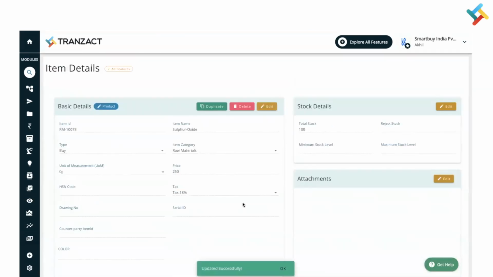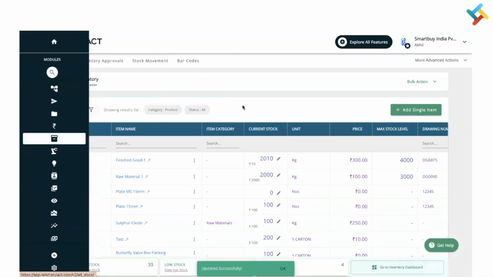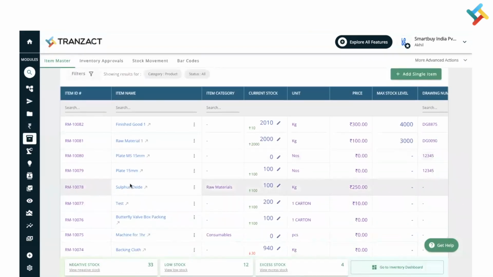So once I click on save, please check. Here all the details are saved. I will go back to my inventory module and then I will check. Please check, the name of the item got changed, sulfur oxide, raw materials, price got changed, and accordingly the remaining